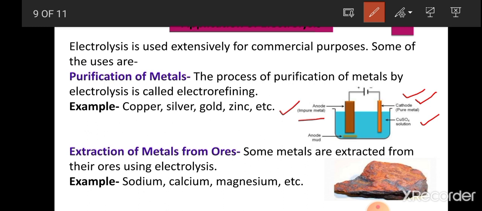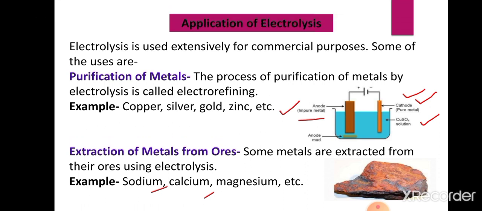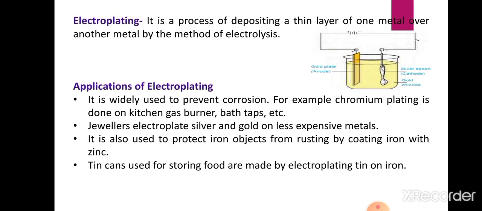The next process is extraction of metals from ores. So metals are extracted from their ores by using electrolysis. For example, sodium, calcium, magnesium, etc. are extracted from their ores by the method of electrolysis. Now the next application is electroplating. Electroplating is the process where a thin layer of one metal is deposited over another metal, and generally